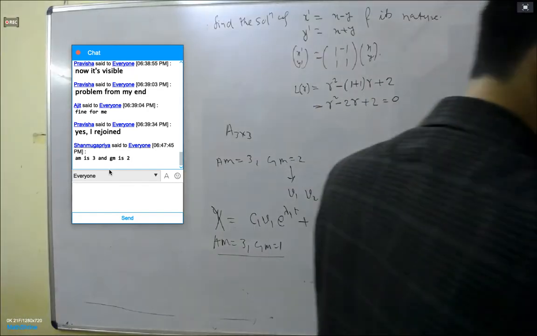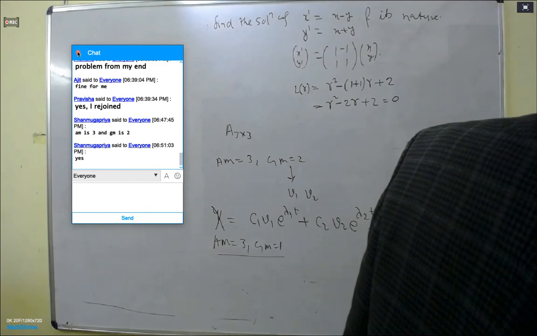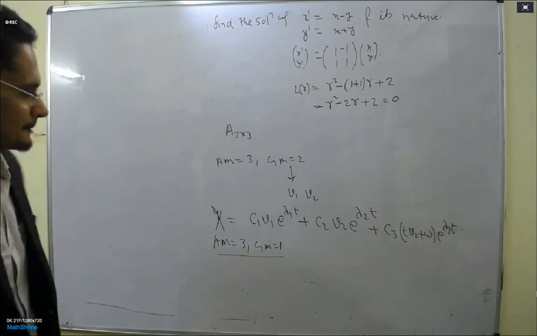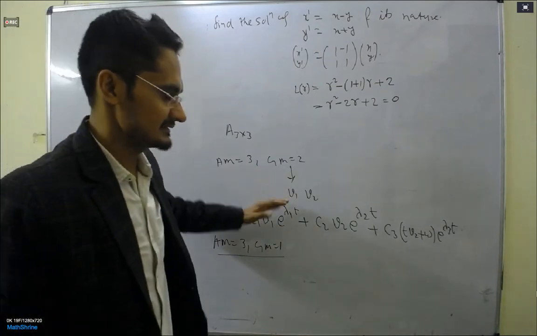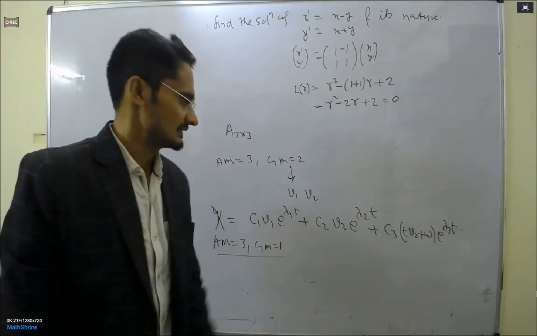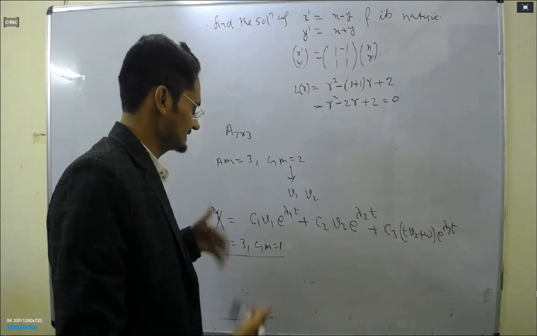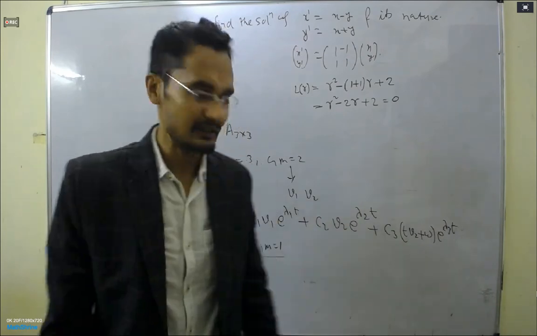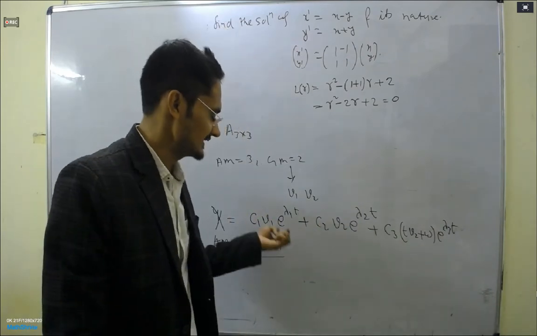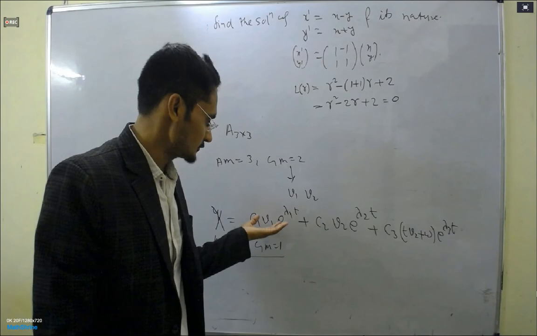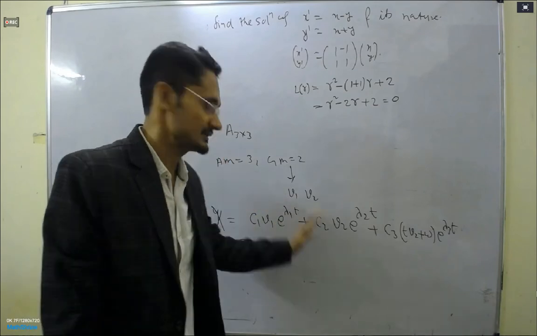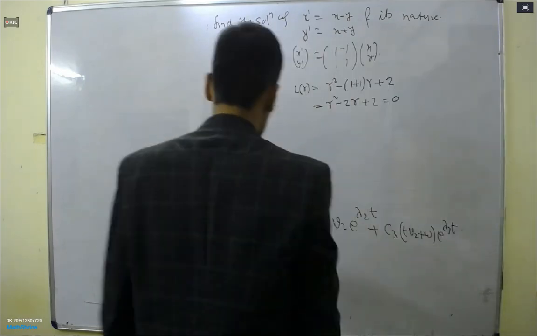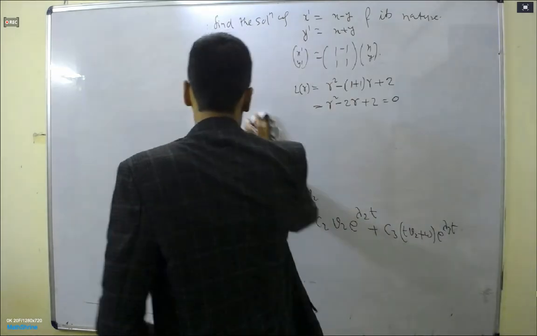Anyway, so this is correct, right? R square minus 2R plus 1... Find out R is equal to 2 plus minus under root B square, 4 minus 8, upon 2. It will be 2 plus minus under root minus 4. This will be 2 plus minus 2 iota by 2. This will be 1 plus iota and 1 minus iota.